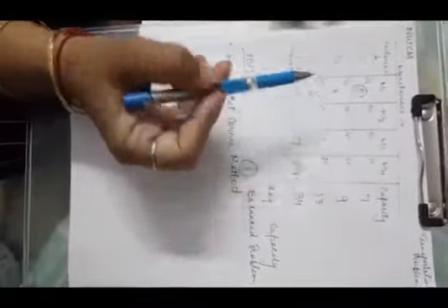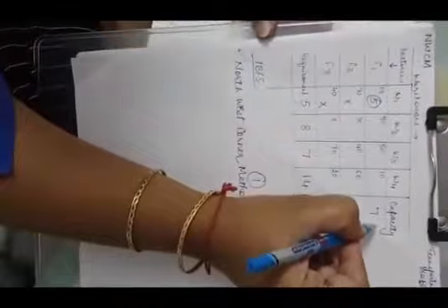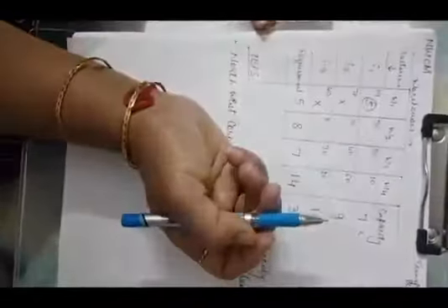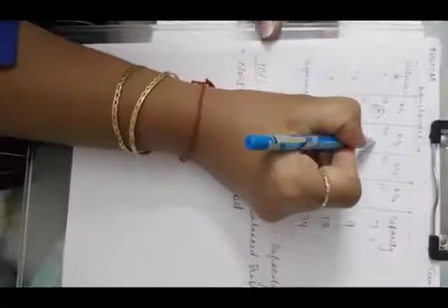Now, in this case, warehouse 1 had the requirement for 5 units, and those 5 units are being supplied by factory 1. So warehouse 1 does not require any more units from F2 or F3. So we have crossed it. Now the remaining is 2. One path gets closed, the other path will be open. So this is crossed and we are moving to this second cell. Now when we are talking about this cell, how many units can come here?